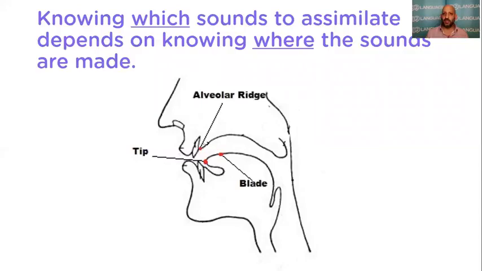The alveolar ridge is a really important part of the way that we produce all sorts of sounds. Last week we talked about the th. That's not alveolar ridge, that's teeth. Think about where the t sound comes from. That is the alveolar ridge. The t, where's your tongue sitting when you make a t sound? Okay, like